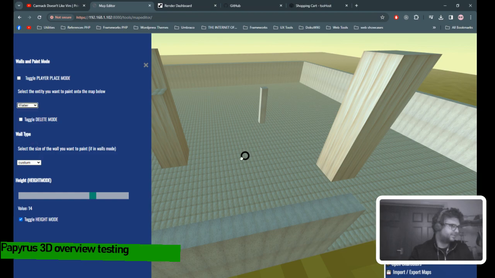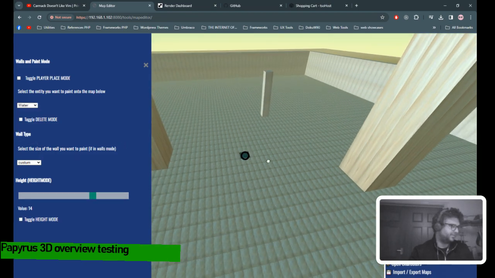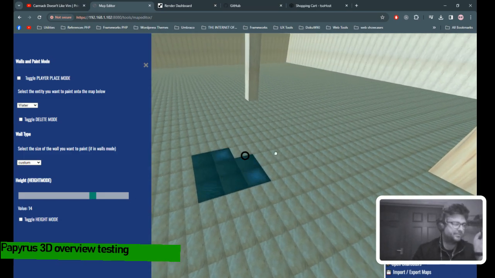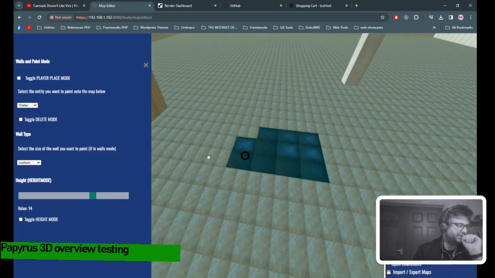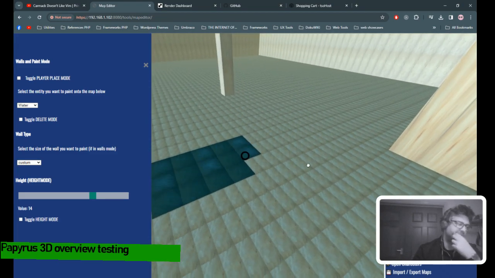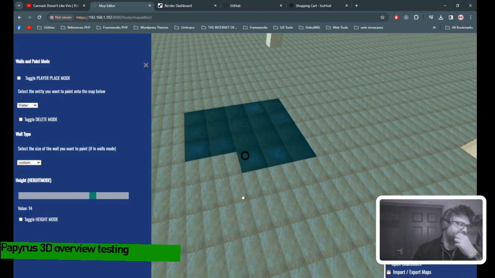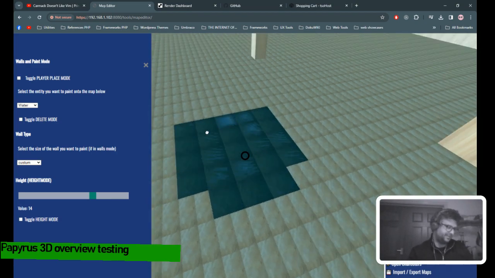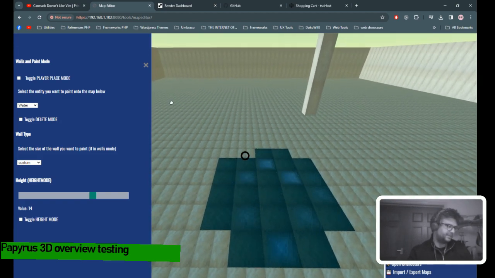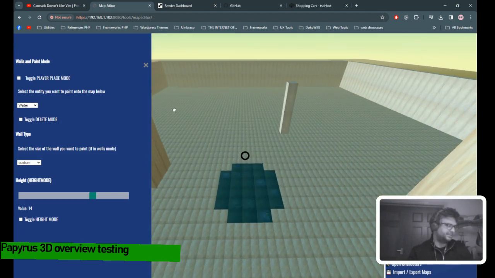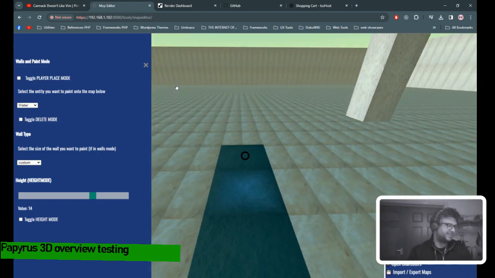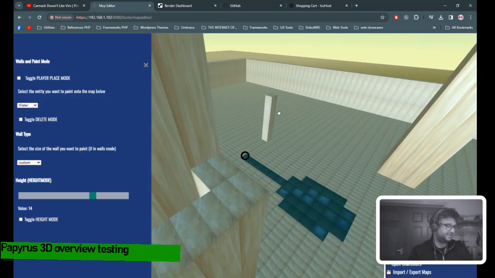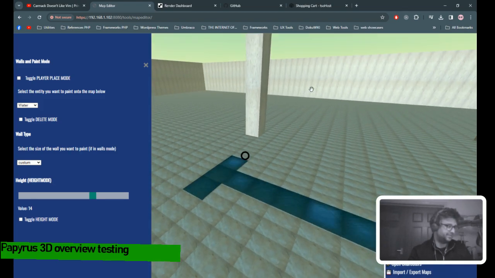Add some water. Toggle height mode off. This is where it's a bit weird. There are various weird things with the controls that I need to work on, but obviously my main priority has been getting it so it just loads as it should, and making sure that the map editor and the actual engines sync up. It's quite important, which hasn't been too tough of a process, to be honest, but it's an arduous one because you need to do constant checking.